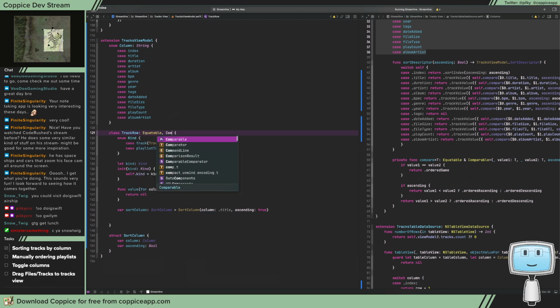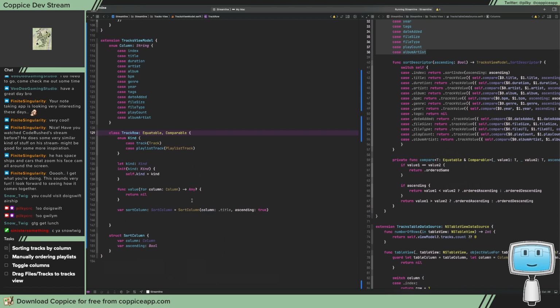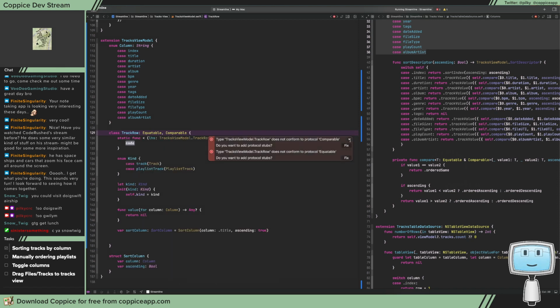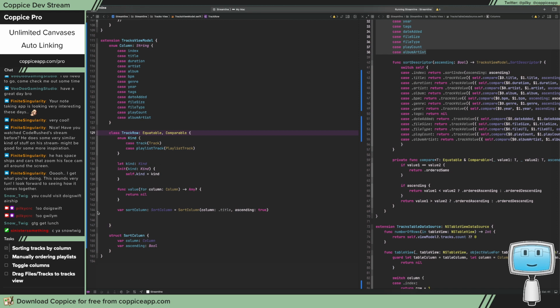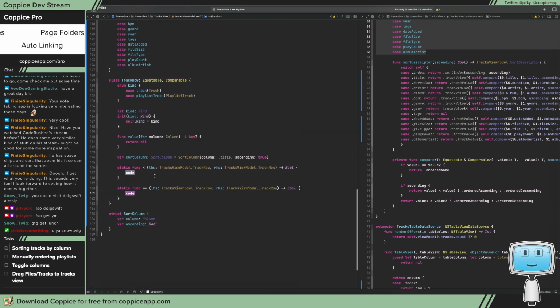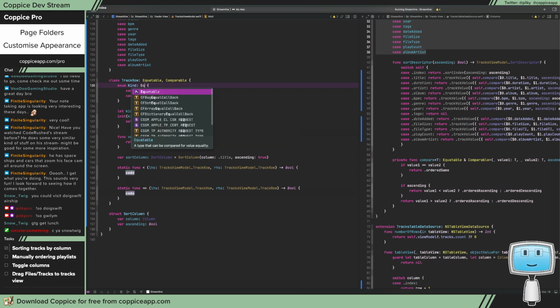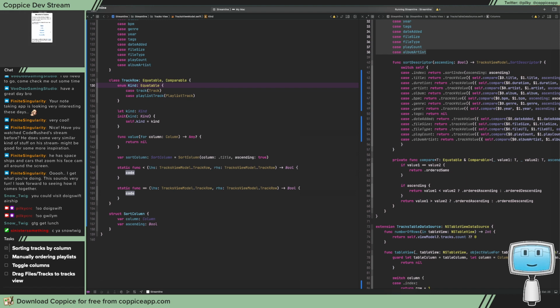I'm going to do equatable and arable. That's going to complain, and then we'll subs. Something this small, I don't bother putting protocol conformances into extensions. Okay, so in this case, we want to make these equatable. The track should be equatable. Yeah, they are. So we're just going to return left hand side dot kind equals right hand side dot kind. For here though,